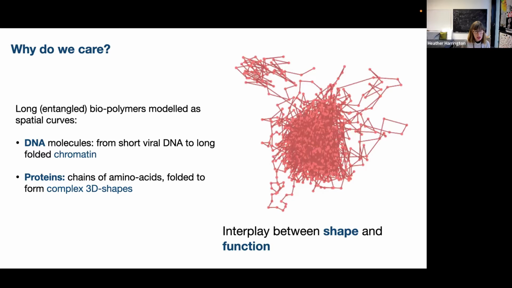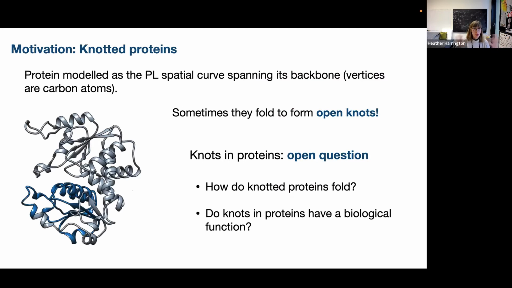So you have this conundrum in knotted proteins, and that's one of the questions that we looked at. Proteins can be modeled as these piecewise linear spatial curves, and we can look at the backbone, the carbon atom backbone. Think of these vertices as the carbon atoms in our data. And they do sometimes fold to form open knots. We're not going to answer how these knotted proteins fold today, but we know that if they are knotted,